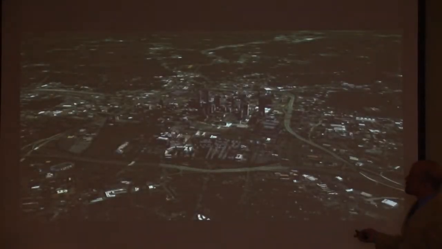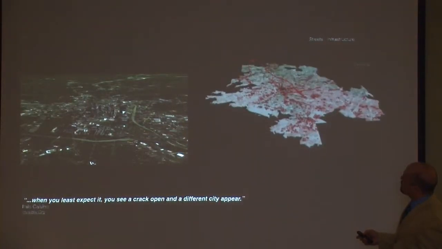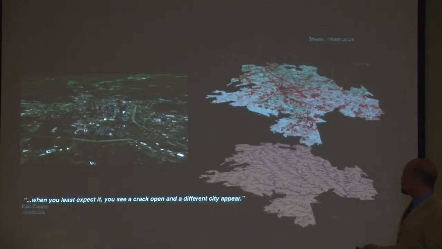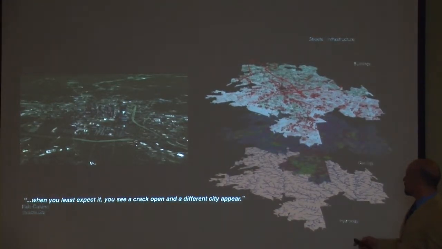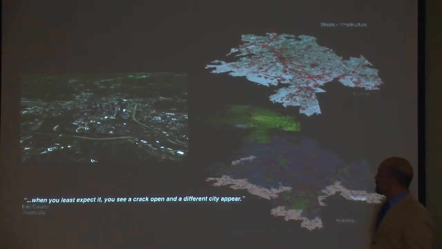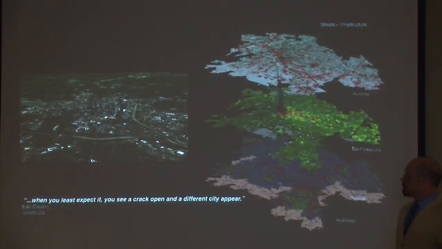So if we can take the city and just kind of move the city aside and use GIS technology, now this should show up, but maybe not, it's washed out. But this is the streets and infrastructure. On the streets and infrastructure, the buildings are put on those, and then you can map the ologies, like hydrology and geology. So here's the hydrology, here's the geology. What we like to do is get in between those two and separate them, and then map the revenue, map the productivity of tax policy and other forms of policy to make it real and visual,